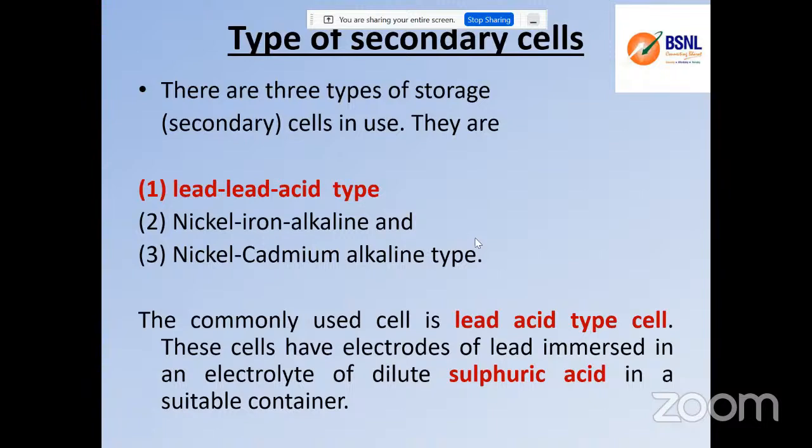The lead, in the sense, is the electrode material, the chemical lead. It is the element used for the anodes and cathodes, that is the electrodes. Sulfuric acid is used as the electrolyte, so that is why it is called acid. The dilute sulfuric acid is suitable for acting as an electrolyte to have a chemical reaction with the lead. So we are majorly using lead acid batteries, but in recent days we are using lithium ion batteries also.